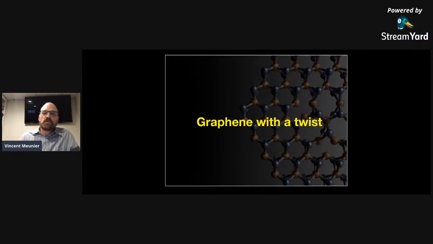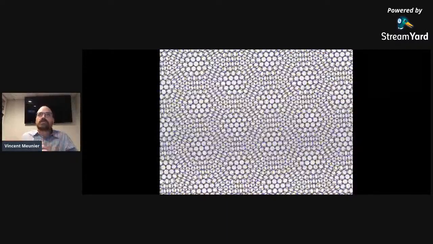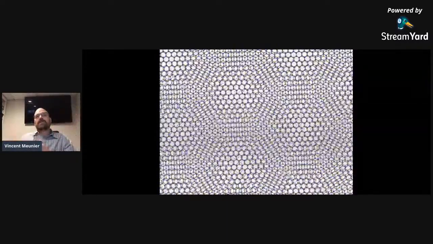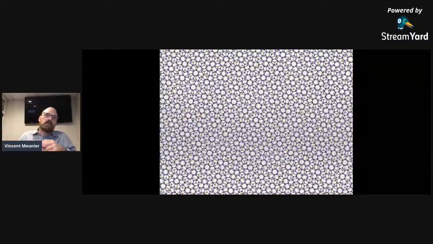Graphene with a twist. As you know, if you take graphene, it looks nice like this. But graphene usually comes in multi-layers, and in fact, there is no reason why you could not twist the layers compared to each other. So this is what happens. You have a blue crystal over the brown crystal. And when you look at this picture, maybe you see, if there is not too much lag in the video, that there is a super periodic cell.